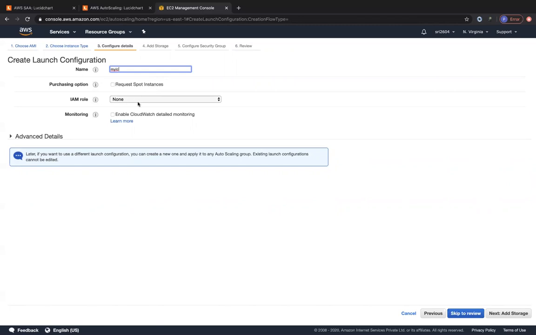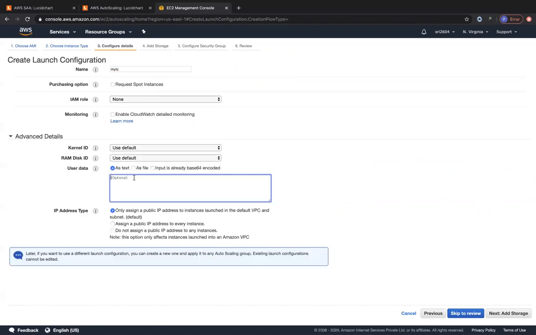So I'm not going to choose any IAM roles, but under the advanced details, I'm going to input a bash script that is going to install a very lightweight web server called HTTPD. And then it's going to serve my website on port 80. This bash script is going to run the second my instance goes from pending state to the running state. So I don't have to SSH into the instance and install some software. I'm just going to write down the bash script and explain it once I have typed it down.